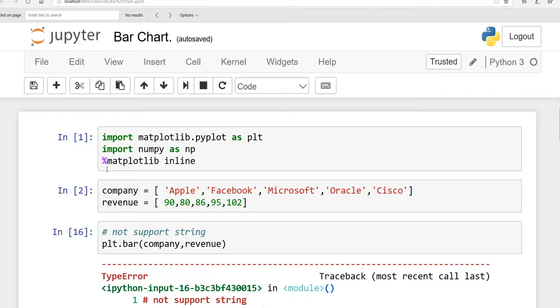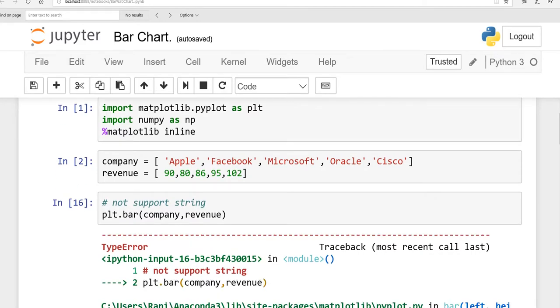And the last line is the modulo operator, %matplotlib inline. It means if you are using a Jupyter notebook, then you have to write down this line as well, because you will see all your graphs here in the Jupyter notebook with the help of this function instead of opening a new window. If you are not using a Jupyter notebook, you do not need to write this line. It's up to you.